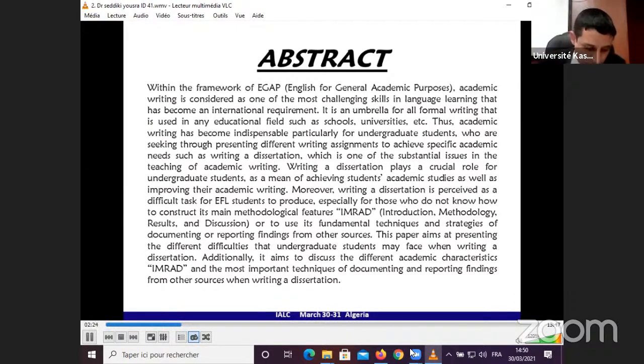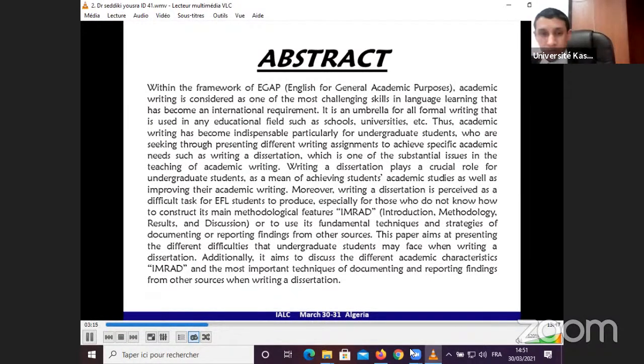assignments to achieve specific academic needs, such as writing a dissertation, which is one of the substantial issues in the teaching of academic writing. Writing a dissertation plays a crucial role for undergraduate students as a means of achieving students' academic studies as well as improving their academic writing. Moreover, writing a dissertation is perceived as a difficult task for EFL students to produce, especially for those who do not know how to construct its main methodological features, grammar, introduction, methodology, results, and discussion, or to use its fundamental techniques and strategy of documenting or reporting findings from other sources,